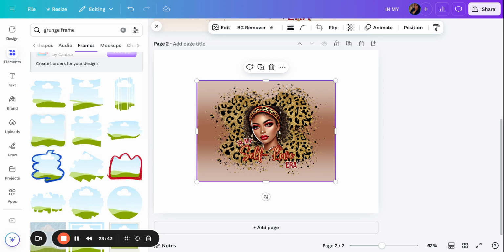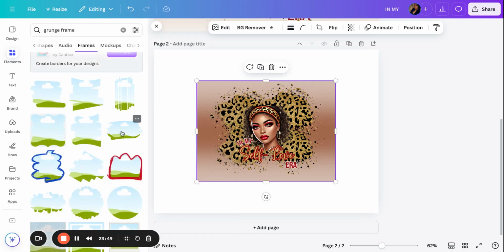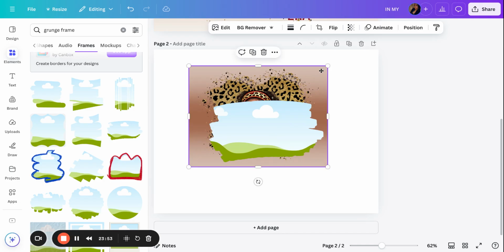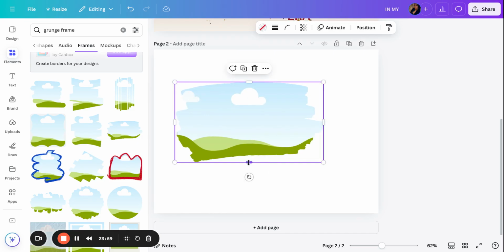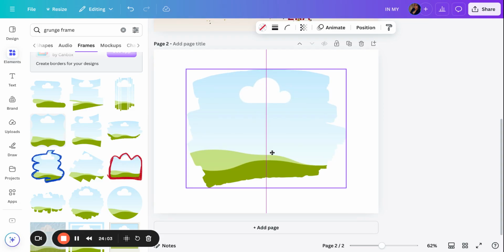The one that I kind of like is this one right here, which is called the brush stroke frame. You click on that and it's going to bring it right over here, right? Let me actually delete that. So you can blow this up. You can stretch it out however you want. Center it, and